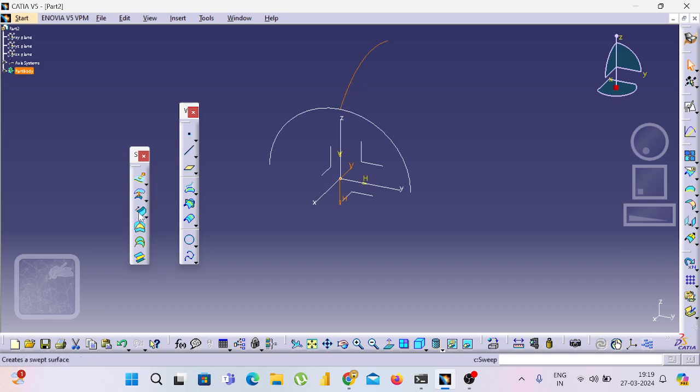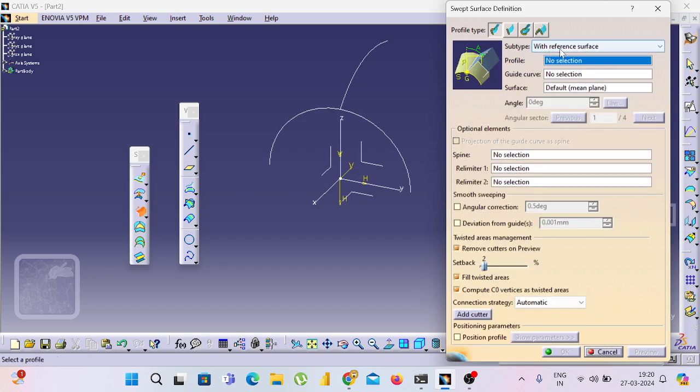Right, for that I will select the sweep option. Now I will show what are the options that are there. Right, I will deselect this one. One second. Right, now I will select the profile, sweep. Right, here there are different types of profile types. First one is explicit, second one line, third one circle, fourth one conic. For each and every option the subtypes will vary. Suppose if you take line,